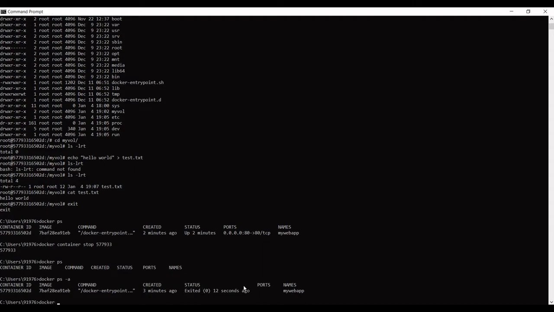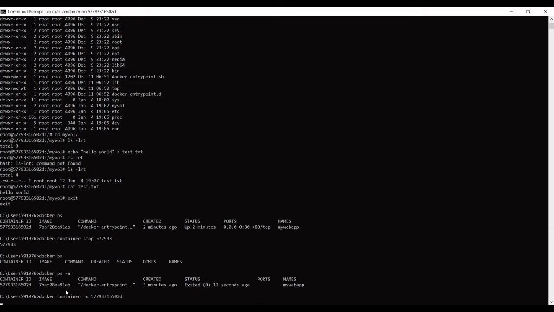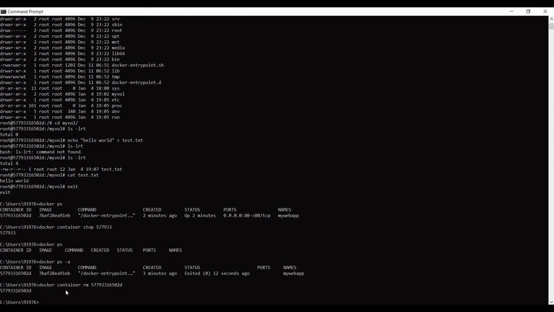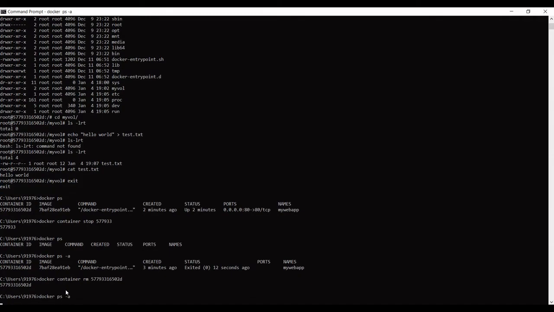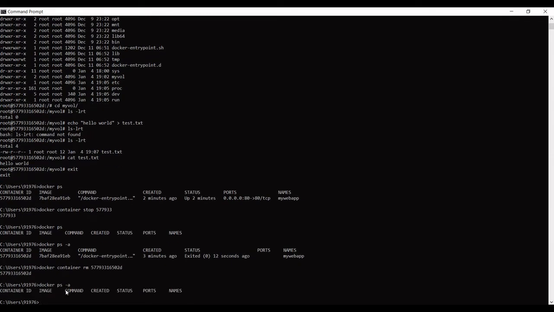So I will remove this container. Docker container rm, container ID. There we go. This container is totally removed.